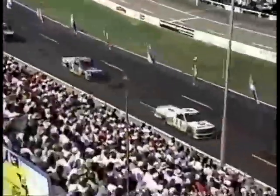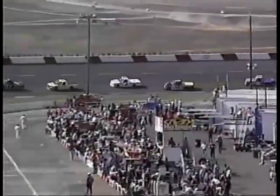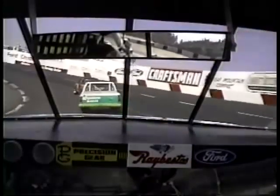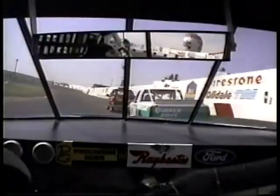I do, Larry. When the 98 truck got hit by the 44 truck, we showed that before we went to break. He got him in the left rear. Gary Showalter, the crew chief, thinks that it might have bent the rear end housing. The truck's handling just went all askew. He hadn't been able to get a grip on it. Then they were coming up to lap him when that incident happened down there. He actually beat him back to the line, but the caution didn't come out. He slowed down thinking that was the caution lap. They went on and lapped him, and the leaders didn't actually take the caution until the next lap,